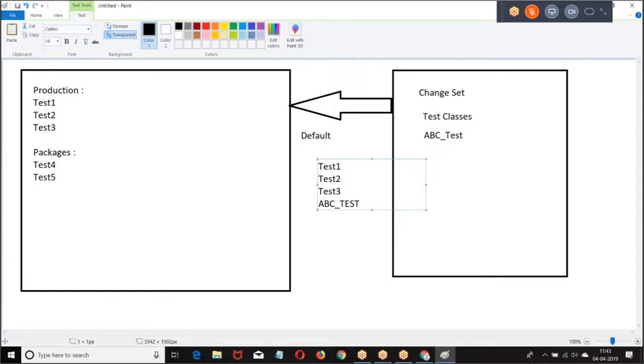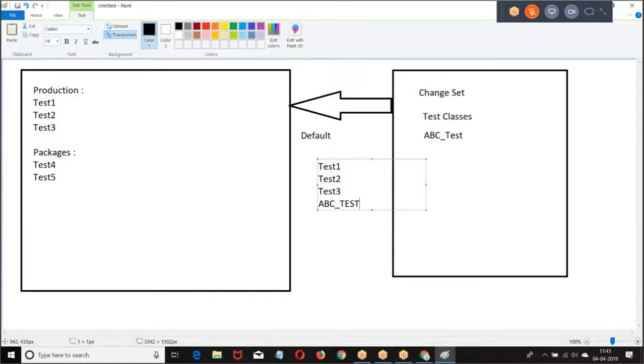If the change set contains any test class, then the local test classes and the test classes in the change set will run. If the change set doesn't contain any test class, no test class from production will run. So depending upon whether test classes are there or not in your change set, the execution will happen. Default, there are no test classes in the change set, nothing is executed. Default, there are some test classes in the change set, so the test classes in the change set and the local test classes in the production will be executed.